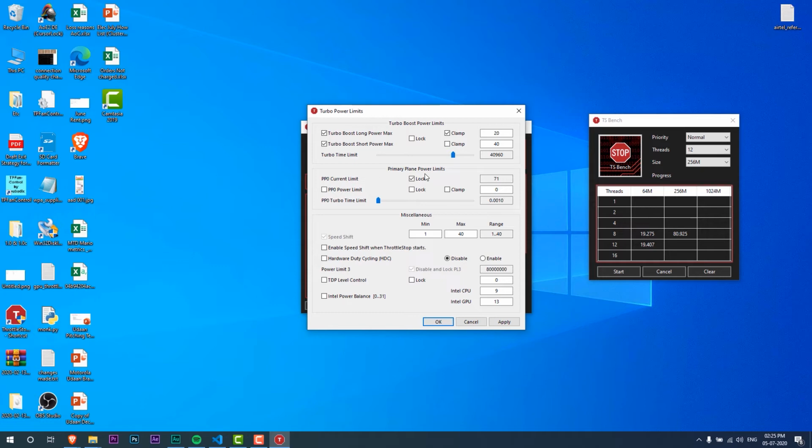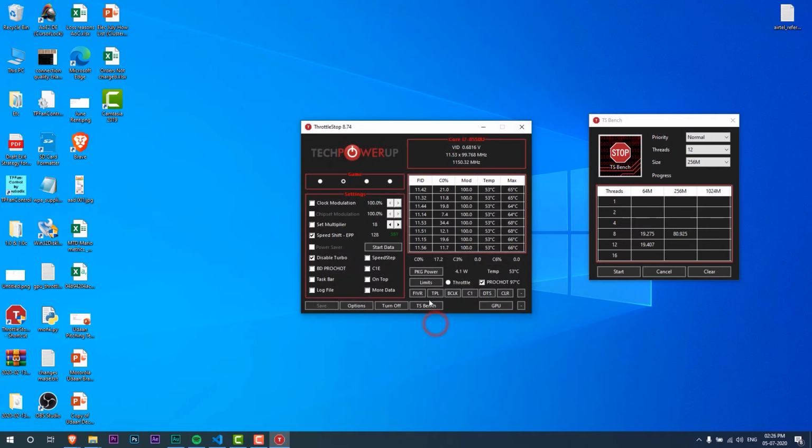One thing to note here is that setting the turbo time limit to a very high value will ensure that your CPU will always continue to stay in the turbo mode, and it might possibly increase the amount of heat dissipation. So play around with this slider to figure out the optimal value for you to ensure the right balance between turbo and heat dissipation. So once you have found the right settings, all you have to do is click on the apply button here. Click OK.